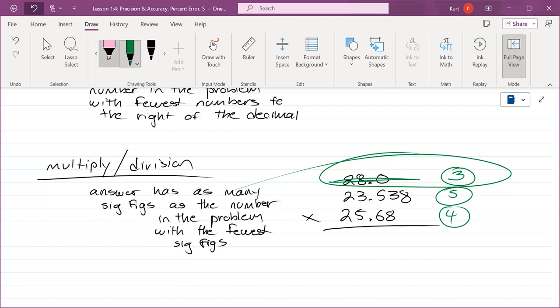How many numbers after the decimal are here? How many are here? And how many are here? So you got 2, 3, and 1. You're doing addition and subtraction. How many numbers after the decimal should your answer have? You only have 2, 3, and 1. Correct. So let's just do the raw answer,